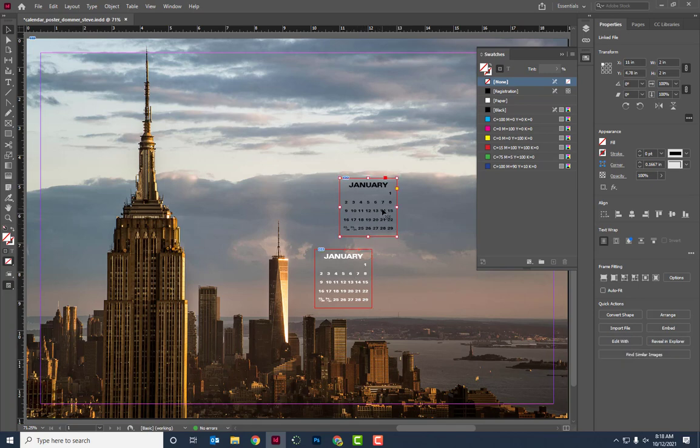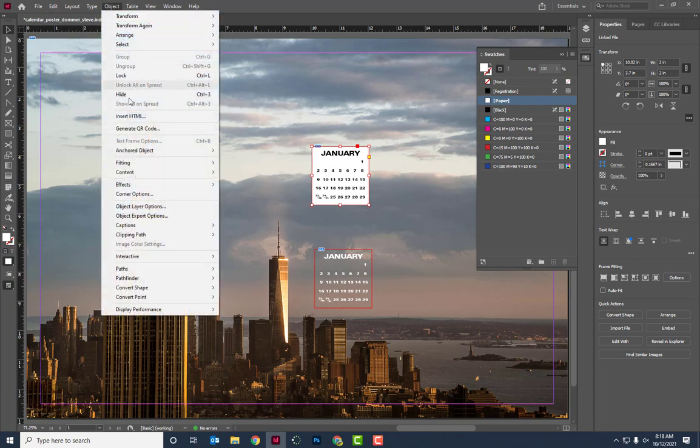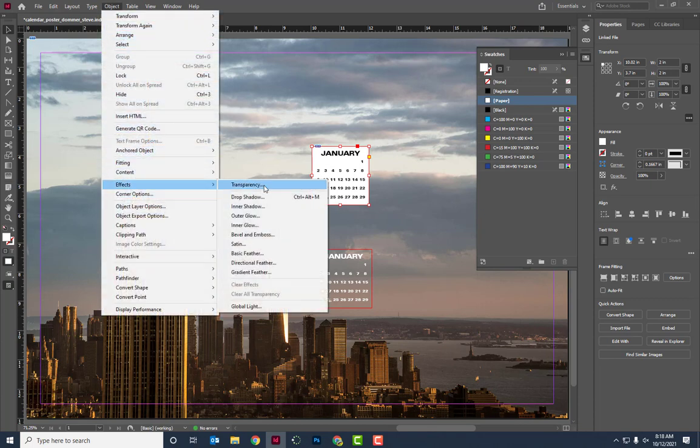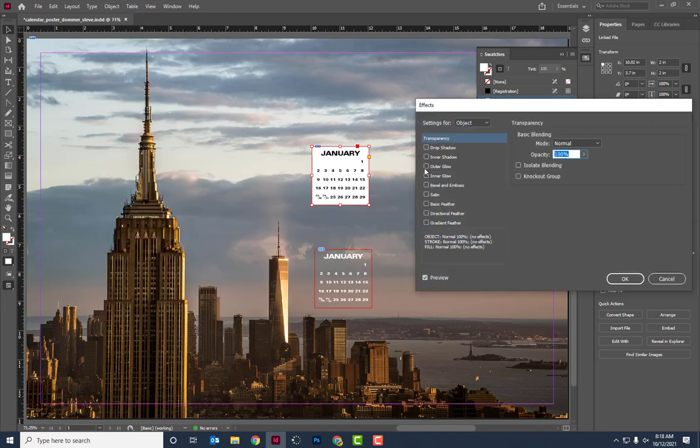If I want to have a screen on here, because I have a combination of light and dark in the background, and you have to have a screen, I'm going to fill it with a color. Let's say I fill it with white first. Then you go up to Object, and then Effects and Transparency. And the transparency comes up. Make sure your preview is turned on so you can see the result of what you're doing. You want to change Object to Fill, because only the white fill part is what I want to make see-through. So I'm going to go to Fill,